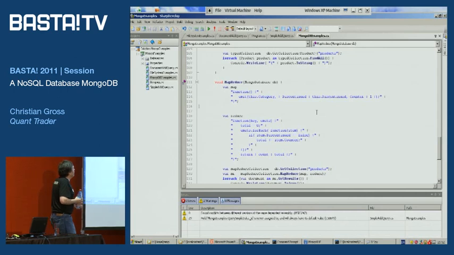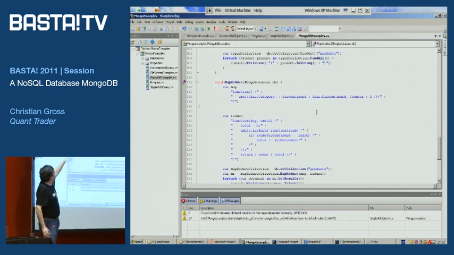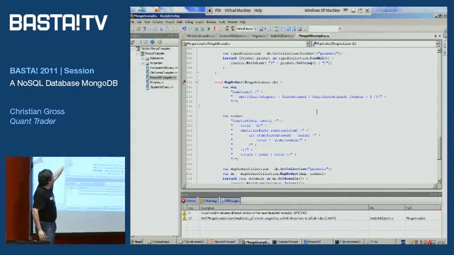So I create a map function, and then you see this emit. That's to say, I'm going to iterate through all of the records, and what I want to emit is the category field. Remember the anonymous types? You're creating an anonymous object.